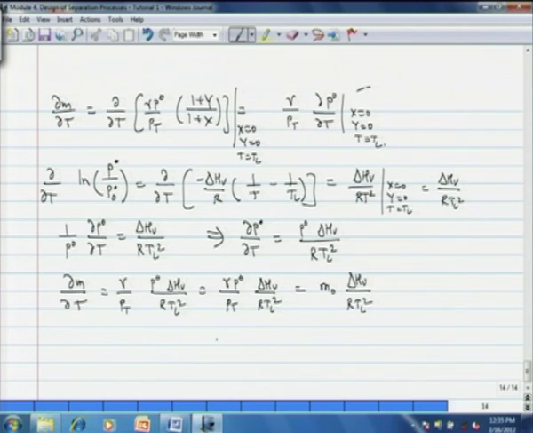Now, we substitute all partial derivatives. We now have a relationship of all variation of m with respect to capital X, capital Y and capital T, or the temperature. So, substituting partial derivatives in expression for m,